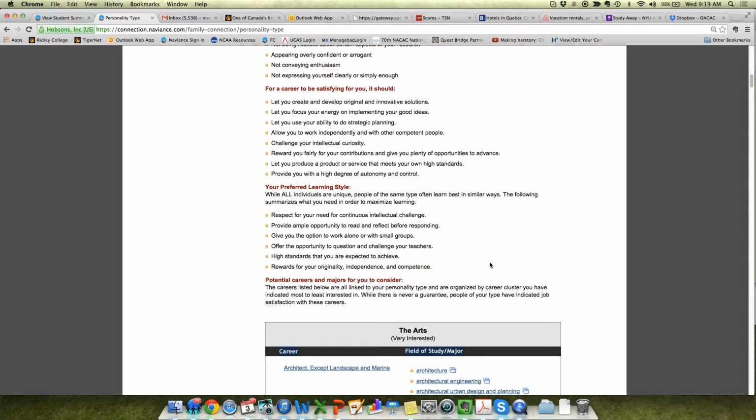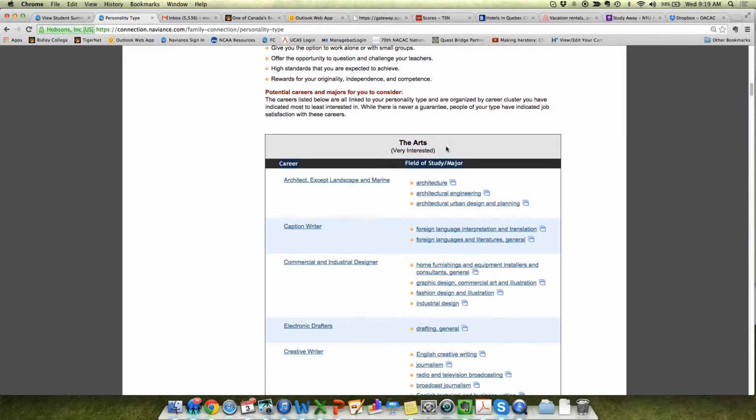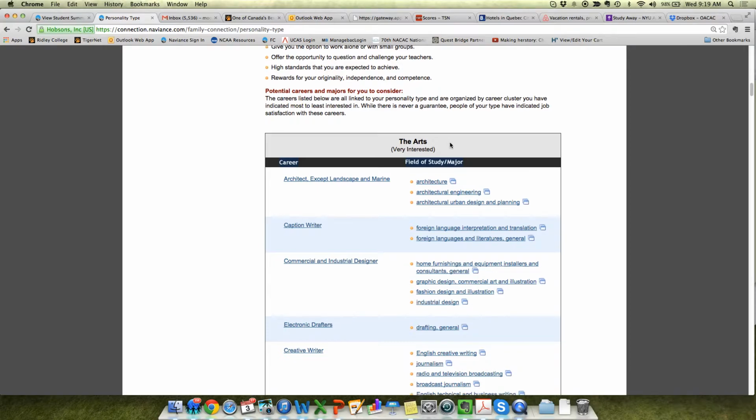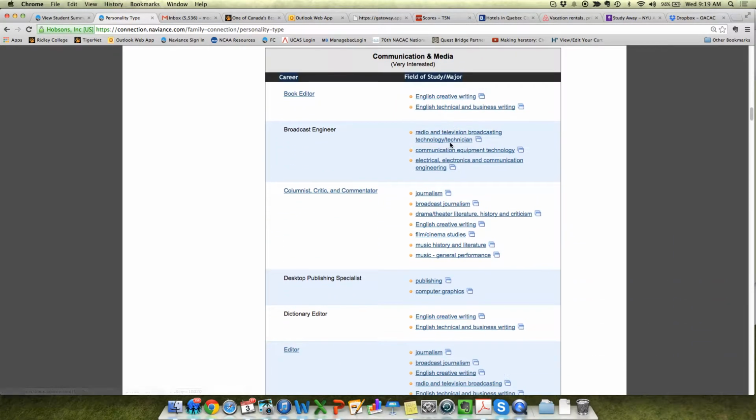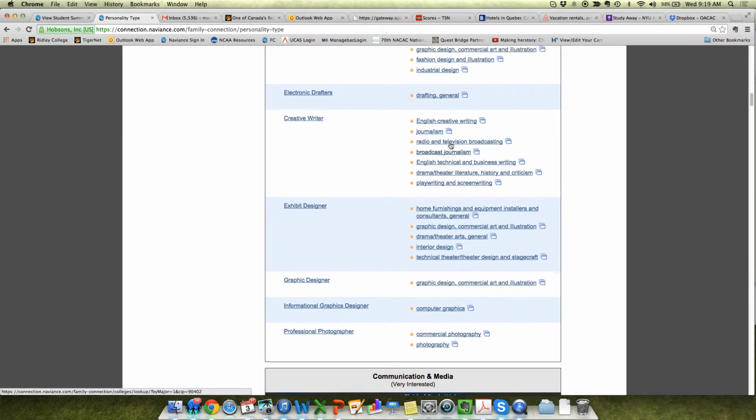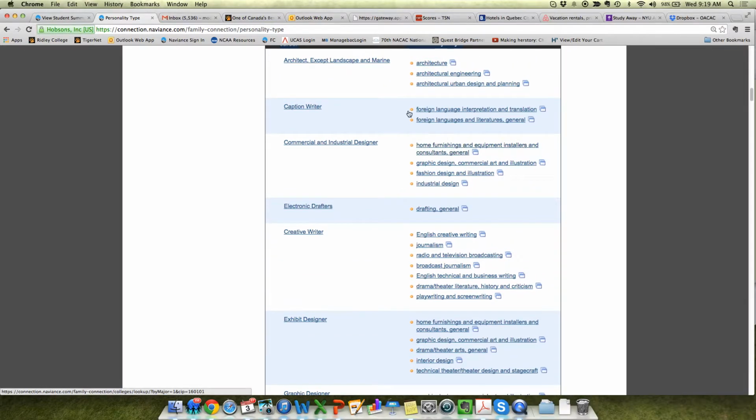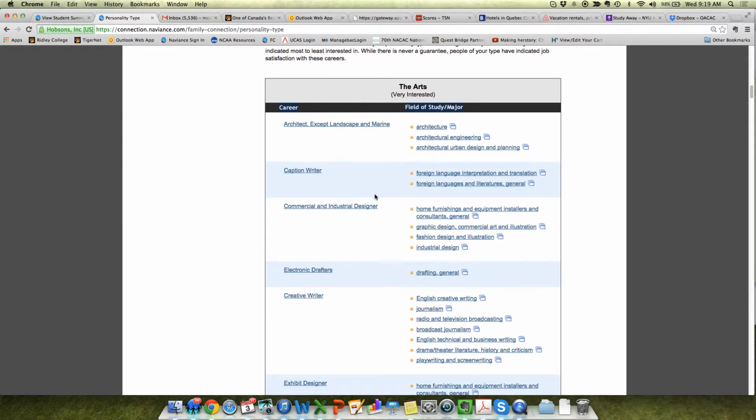Okay? They will have also picked career areas that are of interest to them, and all these career areas will be ranked here. And within each of these categories, the survey will highlight particular careers that might match well with their personality type.